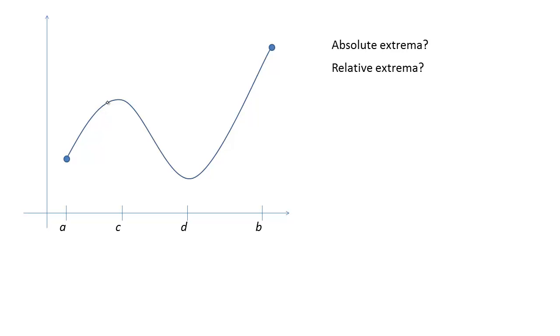And I want to look at a bunch of examples, and I want you to notice some patterns that are occurring in these functions. One thing I want you to notice is that if a function is continuous on a closed interval, then there's always going to be an absolute max and an absolute min. So we'll have absolute extrema. Now, for my first example, I want to talk about the difference between an absolute extreme and a relative extreme, or a local